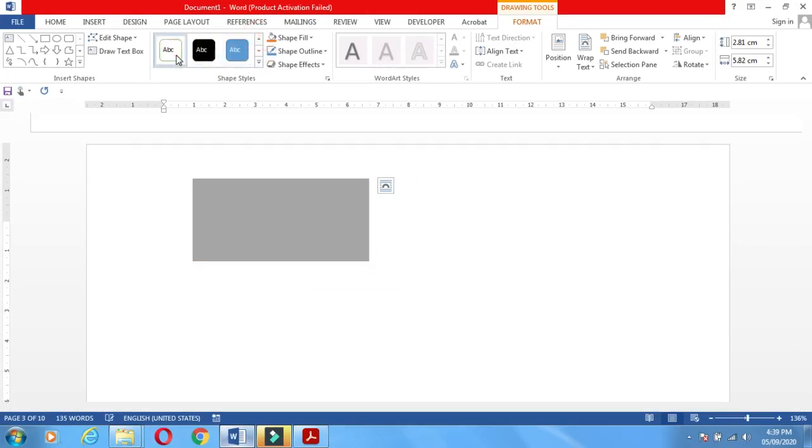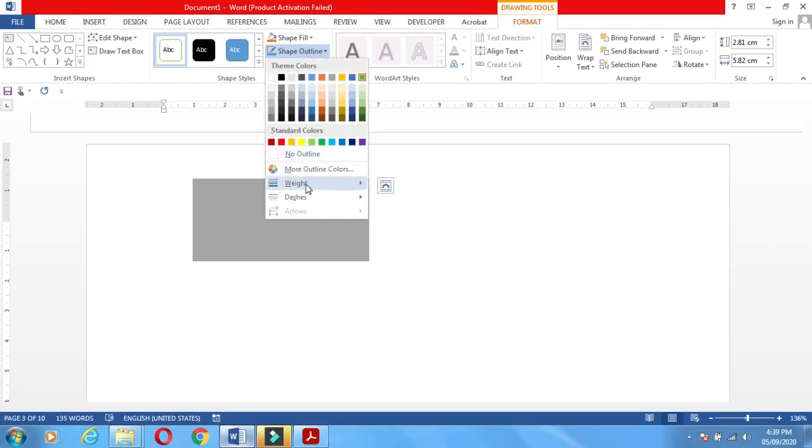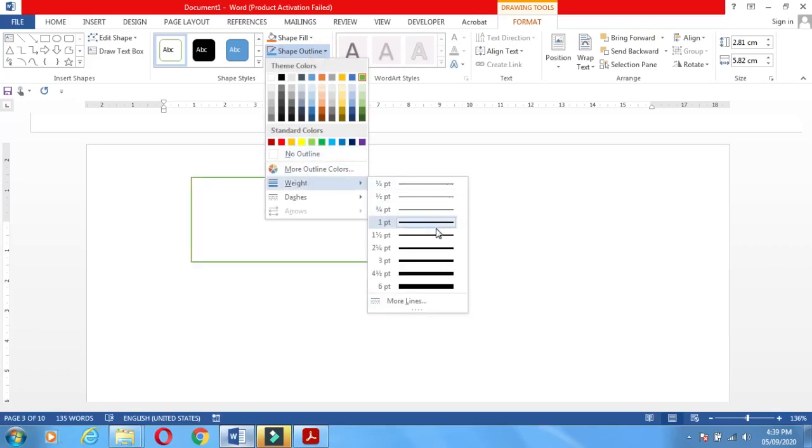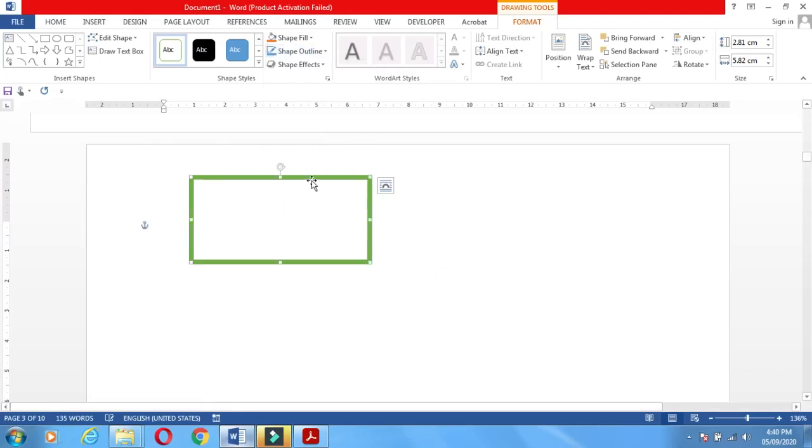The line, how much border you want, that border you select. The color of this border you can change to a different color. You choose a different color for your border.